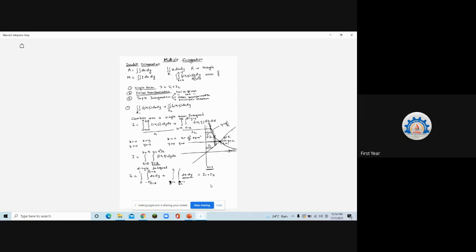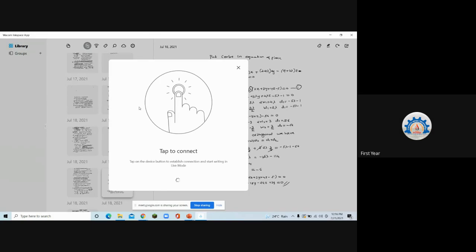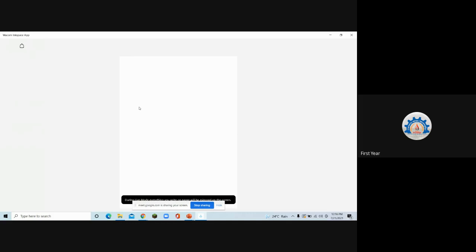So the internal limits are of x, meaning our x coordinate changes horizontally. That means a horizontal strip is given, and that's why we will consider the vertical strip and solve it. Okay, so first try to draw the diagram. Then it will be possible for you all to understand how we will convert it. Yes, tell me how you are going to get the diagram.